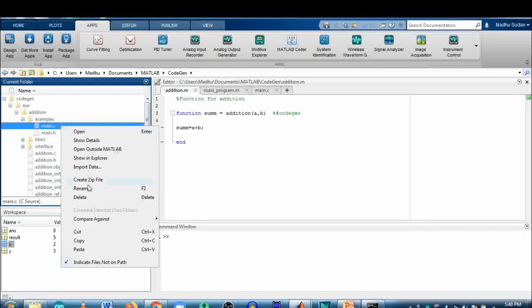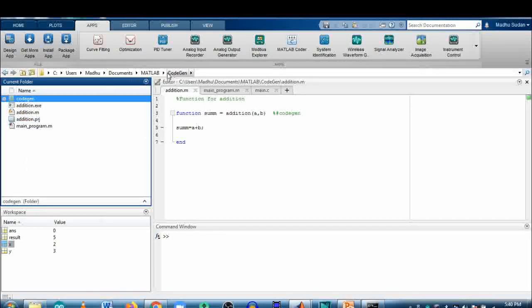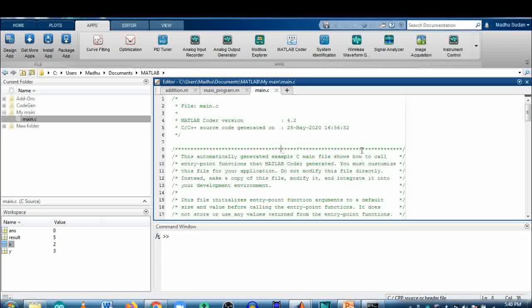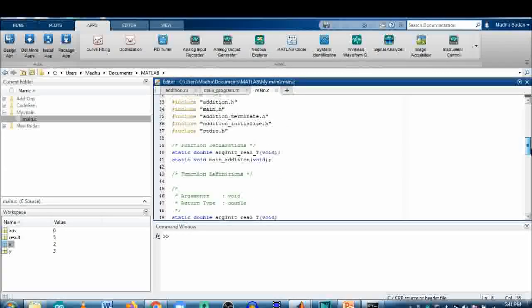Just copy it and save it in another location outside this folder. I have created this one, so paste it here. Now modify here. After modification, I will copy it and paste it back into the example main file.